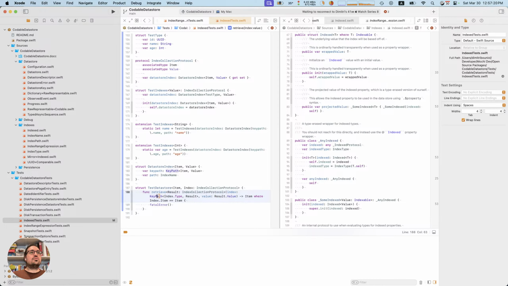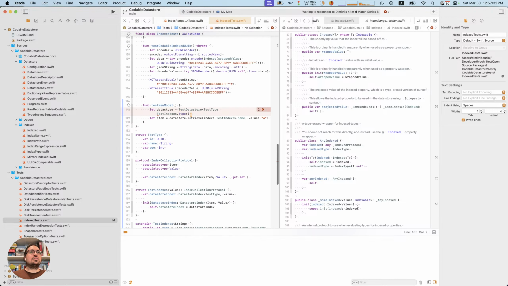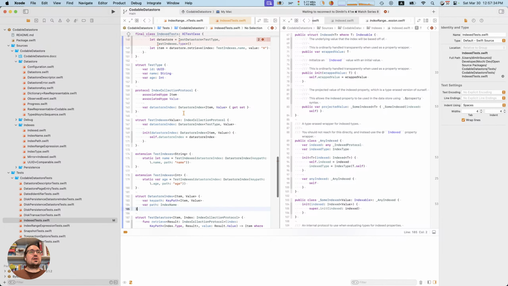Okay, so given this key path, return another key path with the value that matches this. I mean, why not, right?